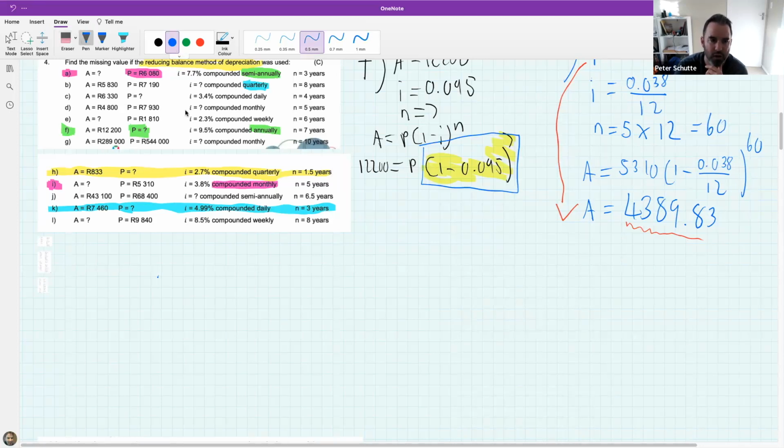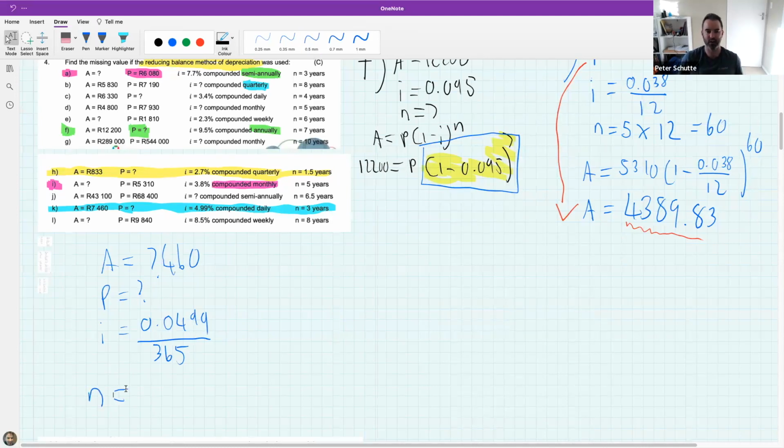Yes, Tando. So in this case, I would start by going, A is, you write that out, and then you don't know what P is, but in this type of question, I would start by saying, if it's daily, this should be divided by 365. But now the interest rate is a daily, or the depreciation rate is a daily depreciation rate. Now, it doesn't help if your time is in years and your depreciation is in days. So you need to, oh, Mzwandile has,